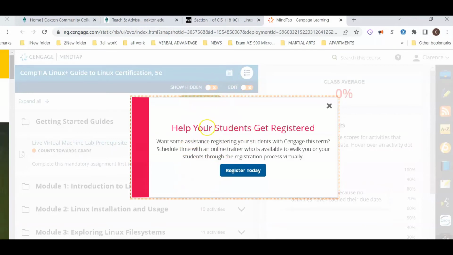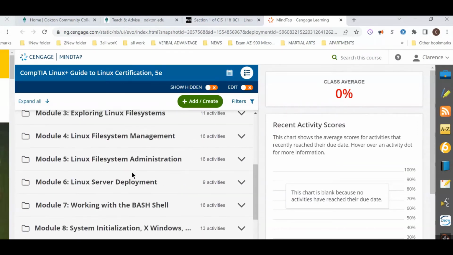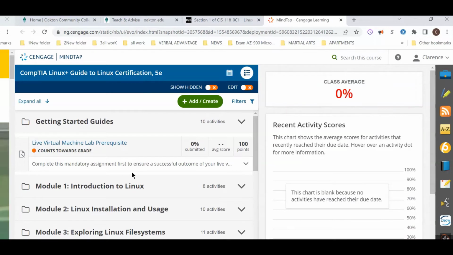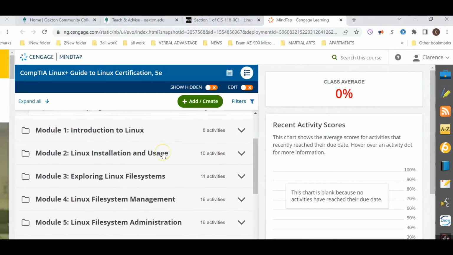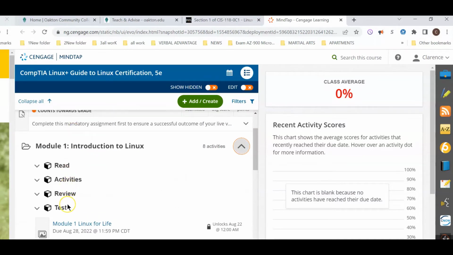But the main thing for you is that if you're a student, you're going to have to register. So you're going to have to walk through those steps to register in the course. You have to register to get in the course. It is required. So I'm going to go ahead and close that because I don't need it. And then you will see all your course material. Now, this is the professor's view. Yours may look a little different, but it will be similar. And remember, you have to do all of the work in here. If you open up any one of these folders, you will see that you have a plethora of things in here to do. Make sure you do everything.